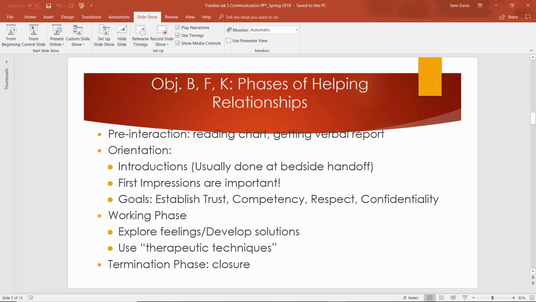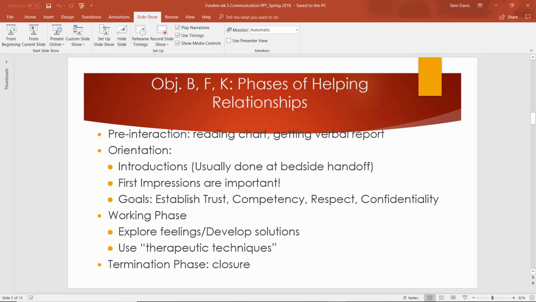So the nurse-patient relationship is considered a helping relationship, and there's generally 4 phases to the relationship. Pre-interaction takes place before we even meet the patient. These are reading, getting the chart ready, thinking of a place where we're going to have this interaction that's private, planning enough time. Introduction,